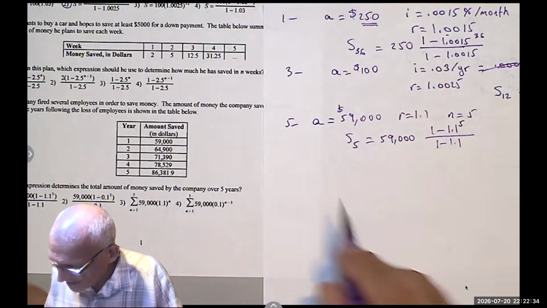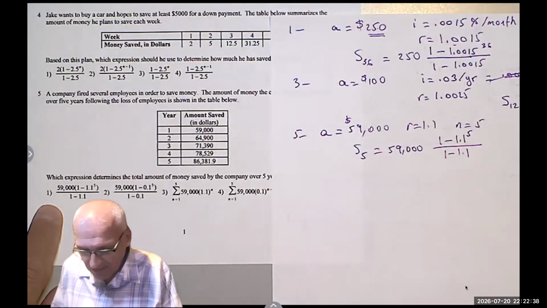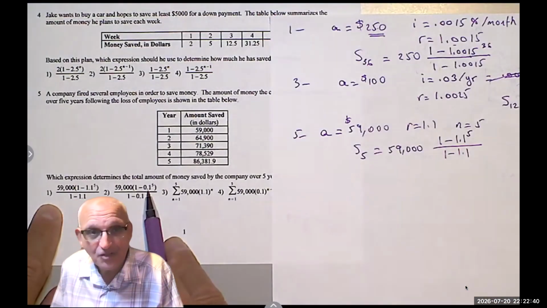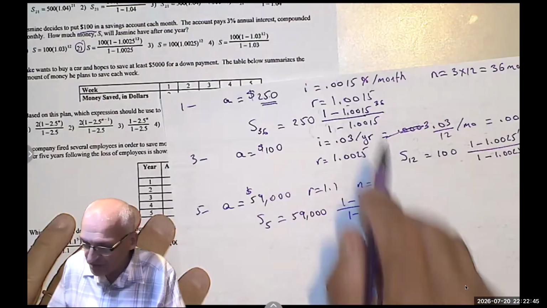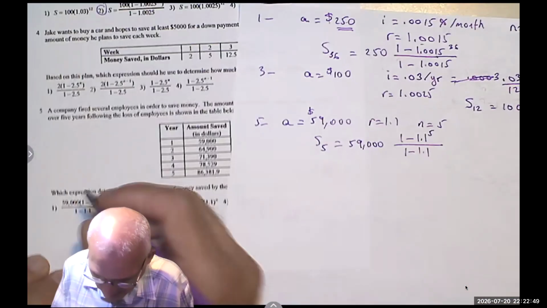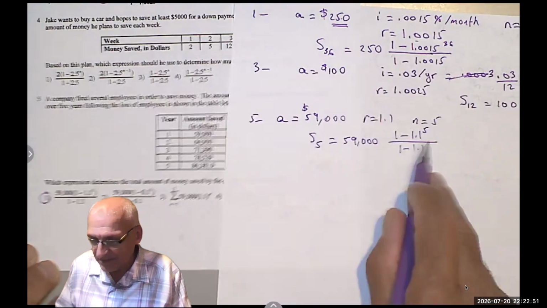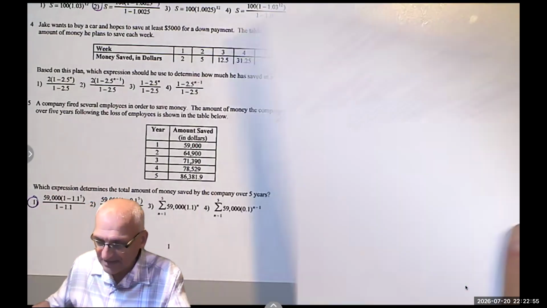Oh, I thought they wanted us to calculate that. So that's number 1. You see here, they used the extra amount, like you use this instead of that. No, that is number 1. That's exactly what we have. And that's the end of this page. Let's move to the next page